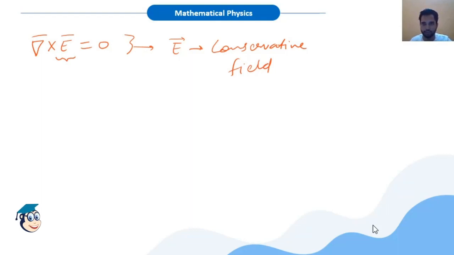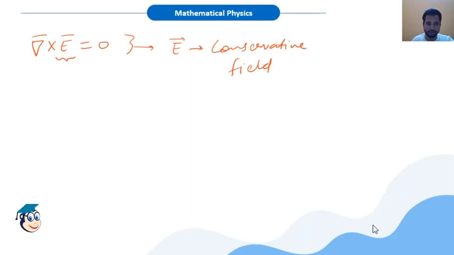Okay, so the definition of a conservative field is that its curl must be equal to 0, its del cross must be equal to 0. So you can see some questions in exam maybe that ask, for a given force or for a given field that is conservative, what is the value of A or B? A or B will be embedded in the form of electric field or force. So you can just calculate the curl of that field, set it equal to 0, and you will get the value of A and B.